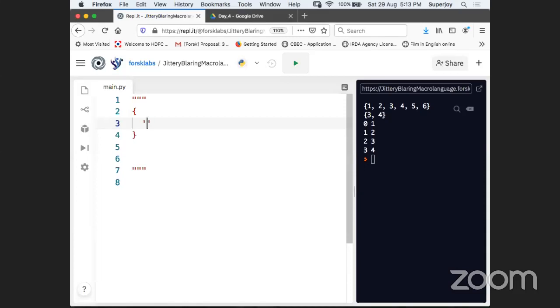Let's say Rajesh Khanna, and here he gets, let's say, 50 marks.